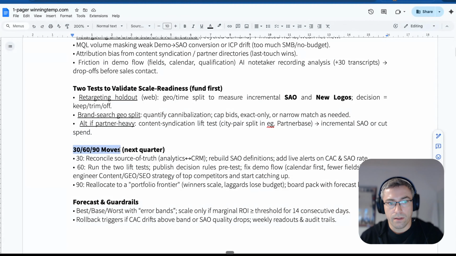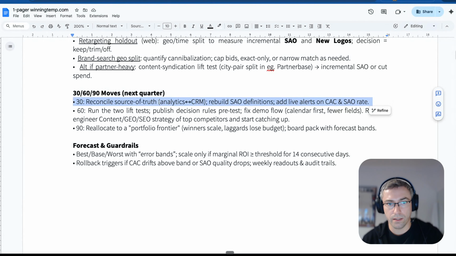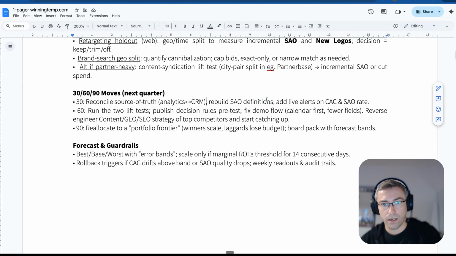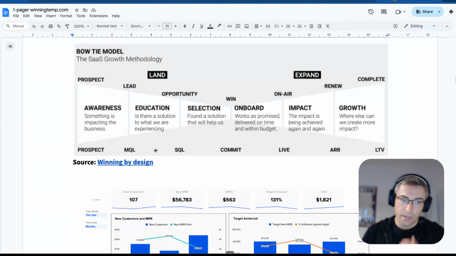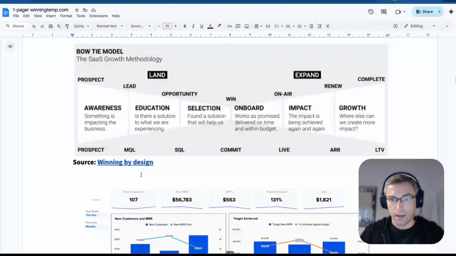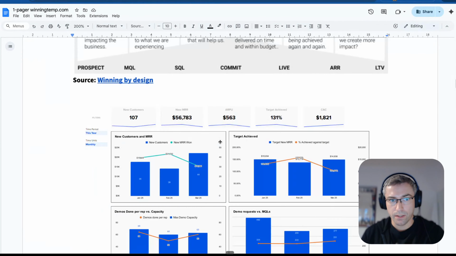So then you've got the 30, 60, 90 moves, a summary. First, source of truth data, analytics plus CRM, that's dream data or hockey stack. Rebuild definitions, validate them, learn everything you can about the way data flows, and know the definitions, know the data sources, and blend it together, maybe in something based on the Winning by Design methodology: bowtie, prospect, MQL, SQL, commit, live, ARR, LTV, land and expand. Basically, this is an example of a good